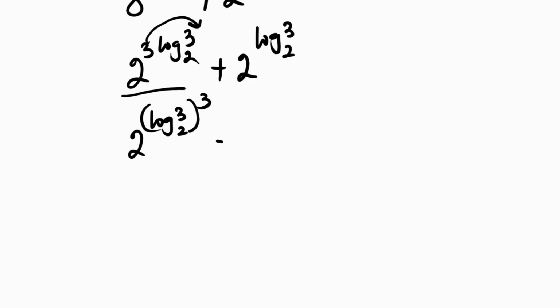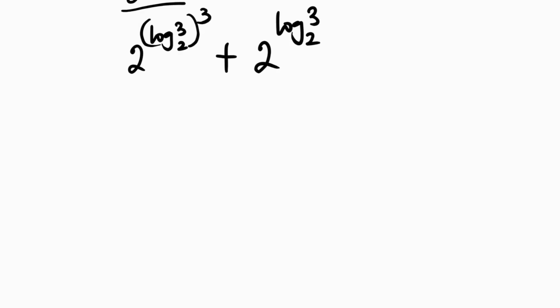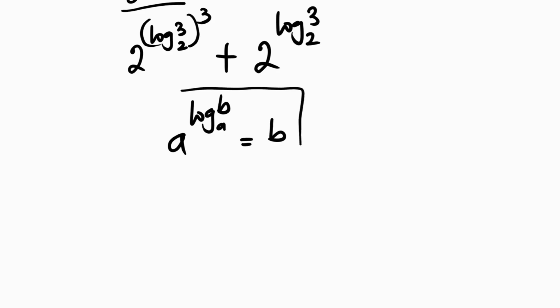So this becomes plus 2 raised to the power log of 3 base 2. So we know our log formula that states that a raised to the power log of b base a is equal to b. So applying this rule,